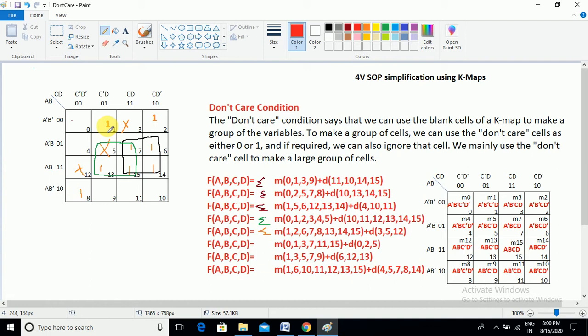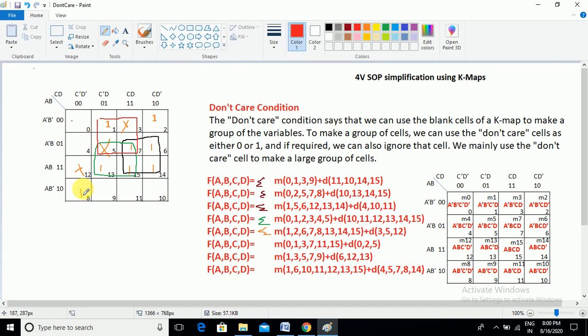This problem is somewhat complicated and logical. For this one we can create a maximum cell grouping. If you include the 5 and 7 as well as the 3 don't care cell, here also I can create a 4 cell grouping. Okay. Next, think about the ones which are not in a group.